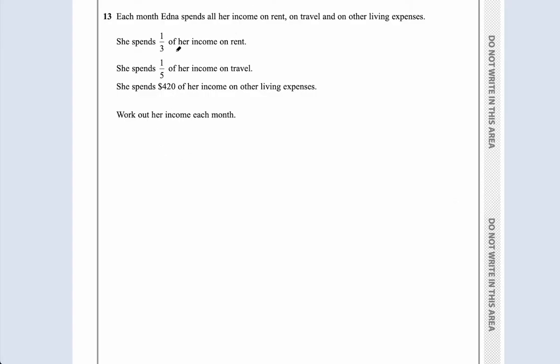Okay, so a bit of a tricky question, but the key is she spends all her income. So this is everything. She's got nothing left. So a third on rent plus a fifth on travel. You can do this on your calculator, guys, but remember, they always want you to show working. So let's show our working, and this is